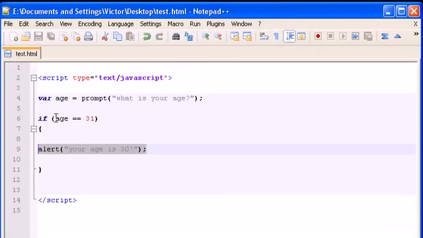Okay? So this is how we can make JavaScript make some decisions, or run some code only when we want the comparison to be true. Okay, so